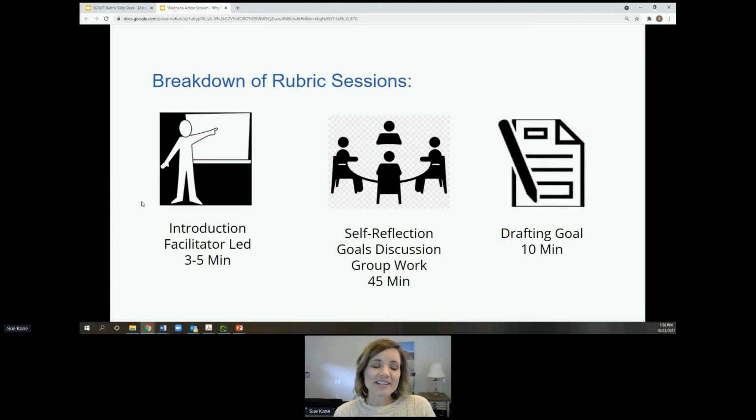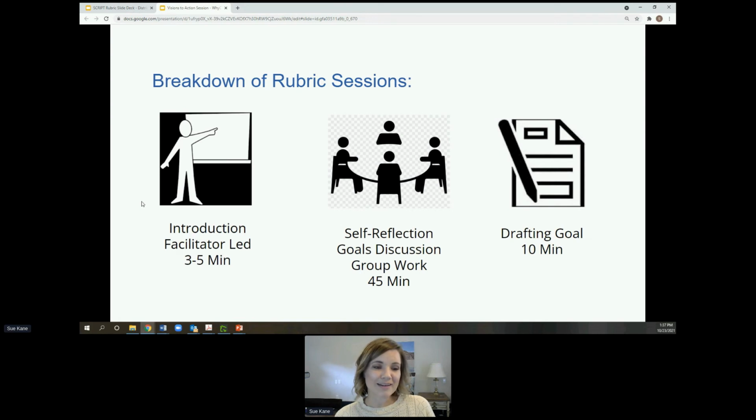So in the rubric sessions, when we go through each one of those six rubrics, we introduce and set up why this part of your strategic plan is important to have, and the big ideas that you should try to address. And then we give your team the work time to do that self-reflection. So in real time, district teams come and are able to have work time to discuss and have